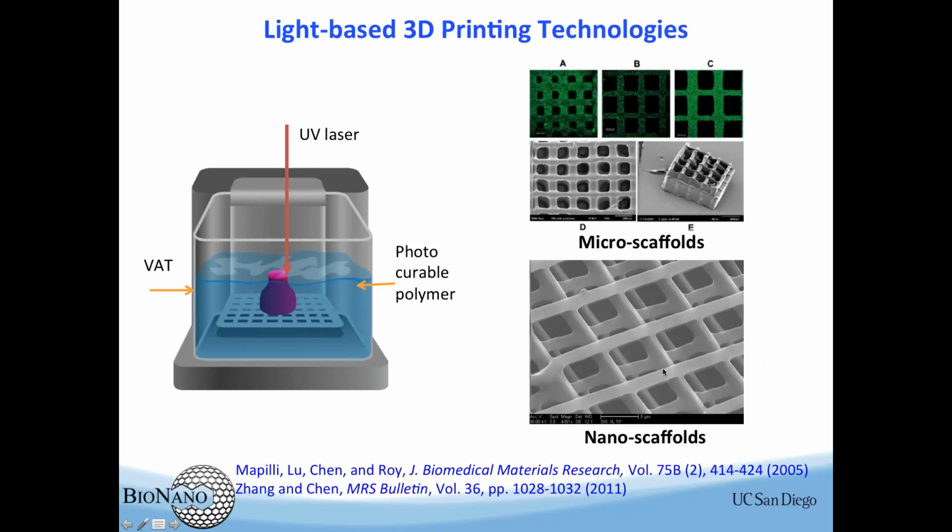So at the very beginning, I looked at this field. I realized that we can do it quite differently from what traditional people are doing. In this case, we use light to polymerize the photosensitive monomer solutions. Okay. Then when you shine the light, this focus spot becomes solid from liquid. So you can scan the light from one point to another, and eventually it will give you three-dimensional structures like